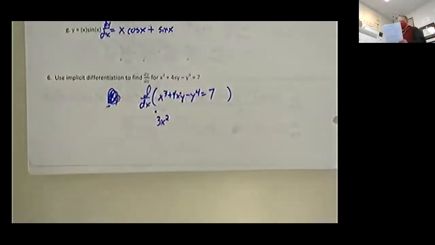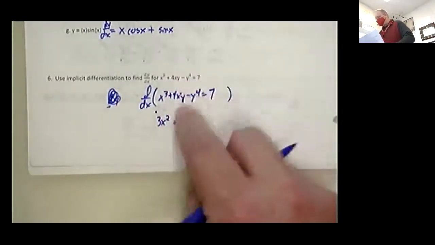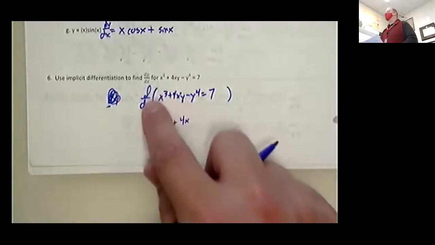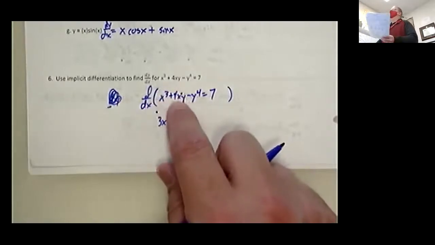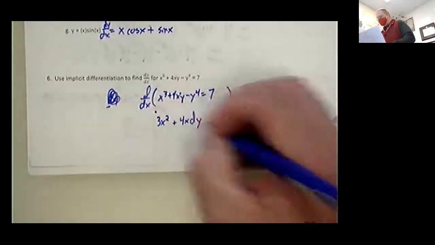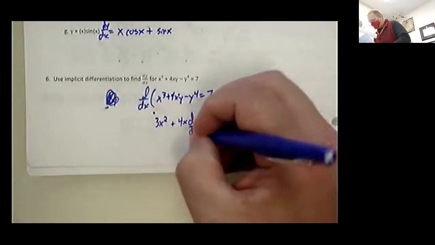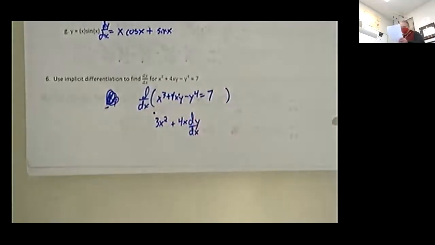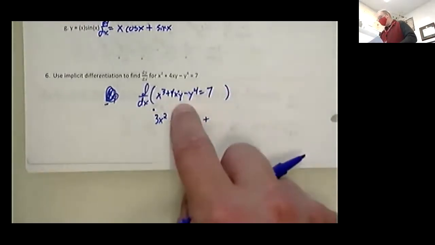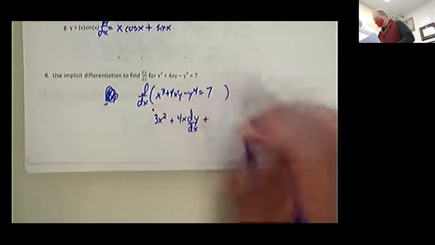So that's the first times the derivative of the second. So that's 4x times, what's the derivative of y with respect to x? Well, the derivative of y is 1, but since we're differentiating with respect to x, we have to leave a dy/dx. Good job. Plus, now we have to come back and do the second part, y times the derivative of 4x, so that is 4y,